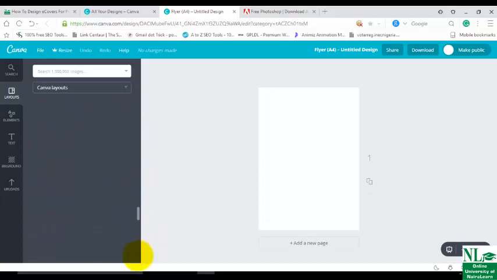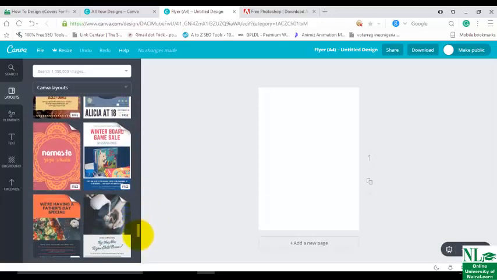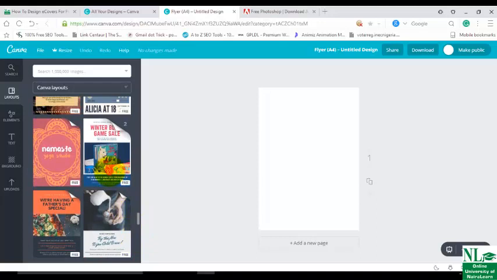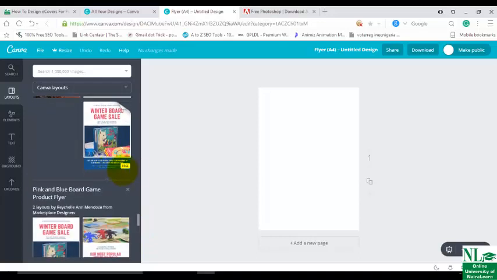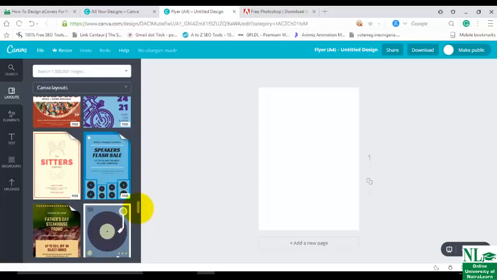I'm trying to see if I can see any of them. Okay, let me use this one. It's free. Now, when browsing, they have free items and paid items here on Canva.com.